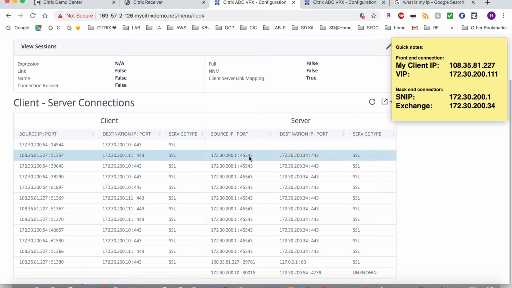it's this right here. So what has happened is this particular screen, because right here it says client server link mapping true, it's showing the two sides of the proxy connection right now. My client device is this IP, has connected to this IP as the VIP, the internet facing VIP. But then, because of the NetScaler doing its proxy function,